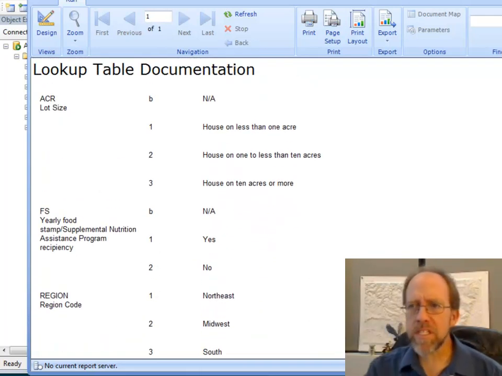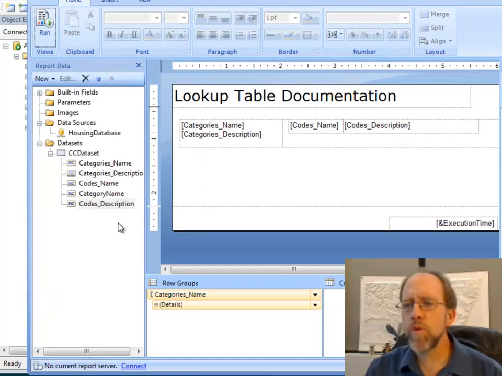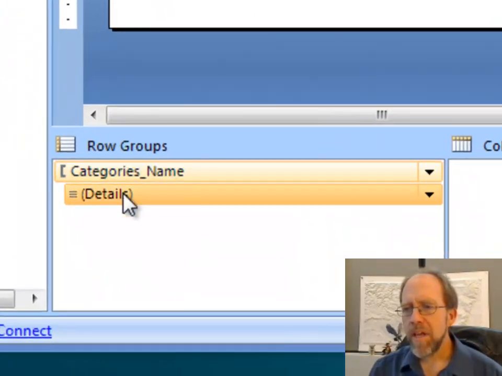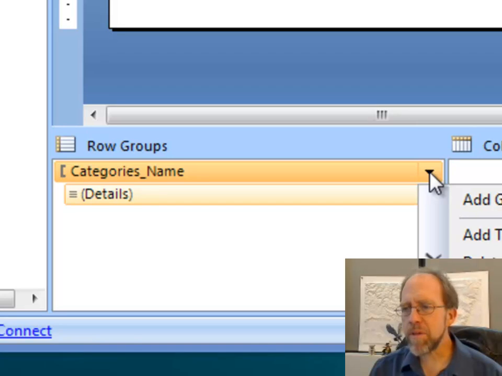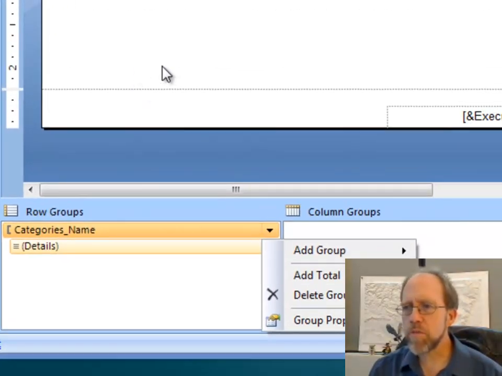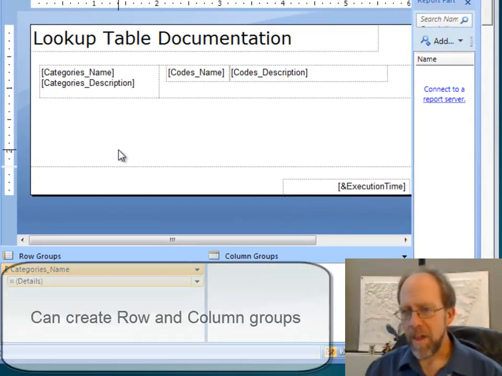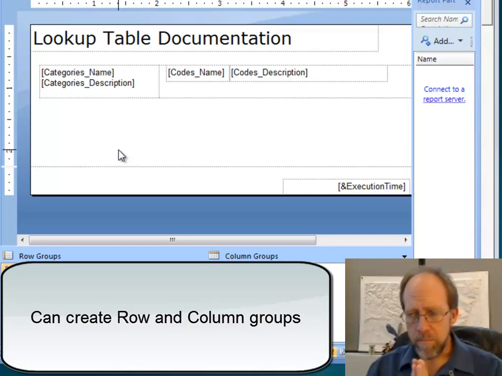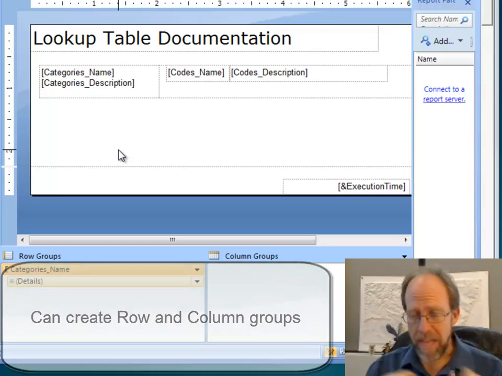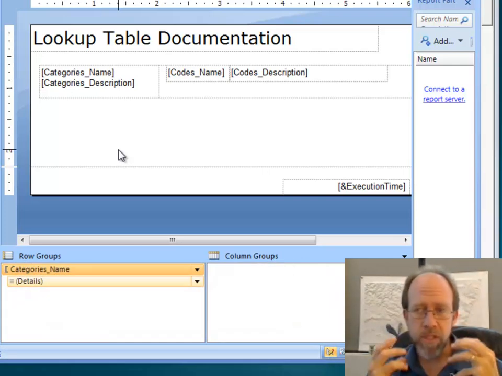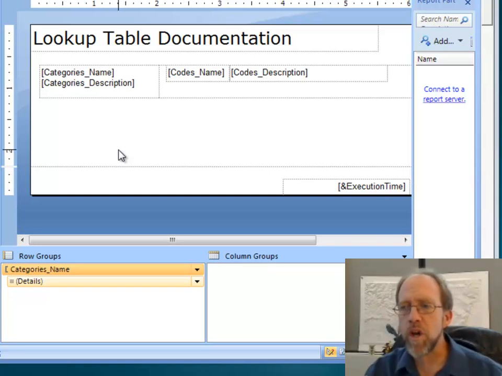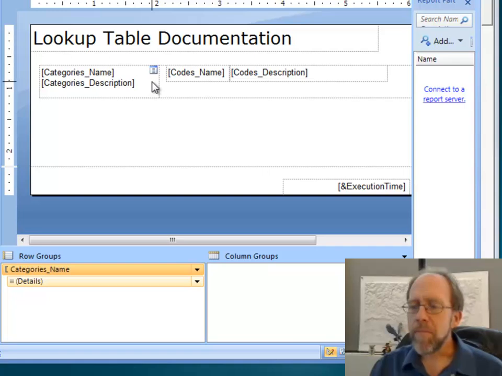So the real point of this is looking at the concept of grouping. I created a group, and if you look down here, you can actually see category name. There's my groupings, and I have this ability to now move groups around, but I'm doing these as row groups, and I can also do column groups too, but the way I wanted this report to look was with row groups. And hopefully this will get you into a situation where you're looking at a master detail relationship where, let's say you have a specific field, like in this case categories, which have lots of codes that go underneath this. Okay, you can create a report where you only show that category one time and then you show the codes